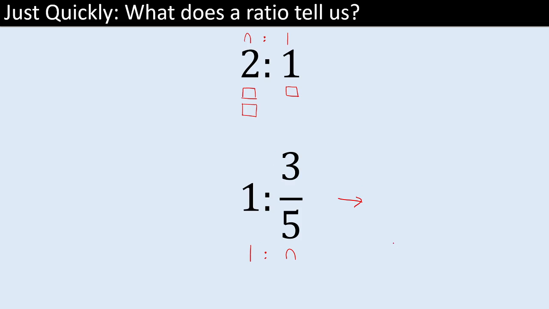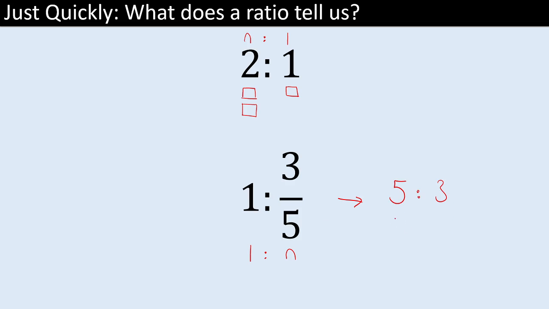Now, what's important is that we can take this and say, well, actually, we could scale it up. So instead of 1 to 3/5, I could times both sides by 5 to get 5 to 3, which is